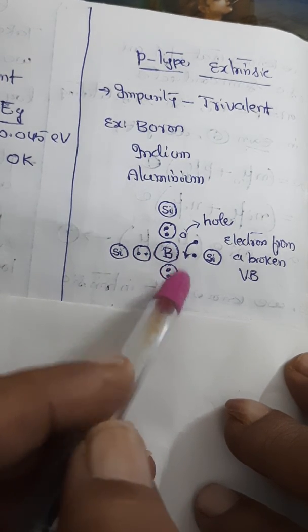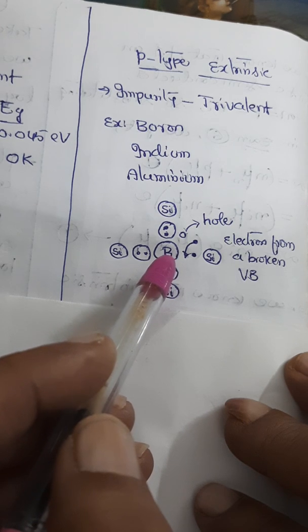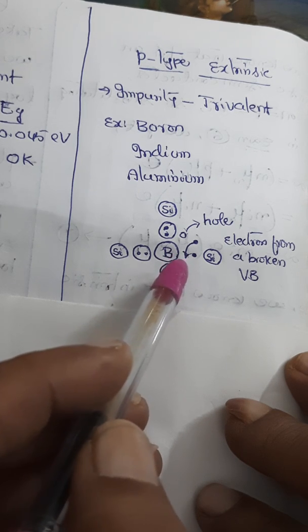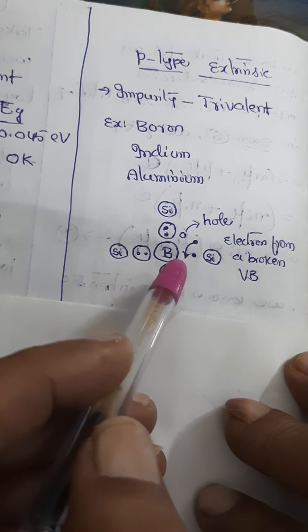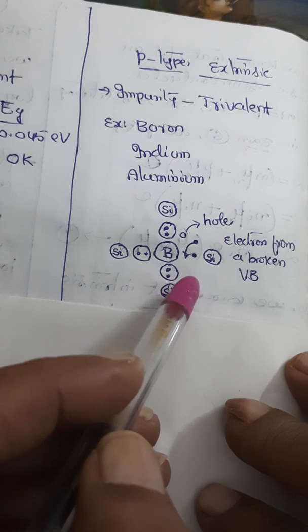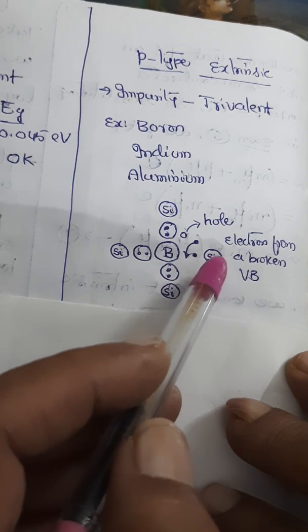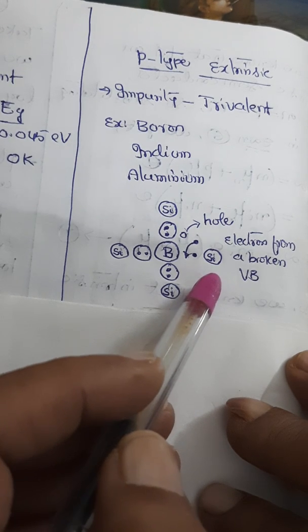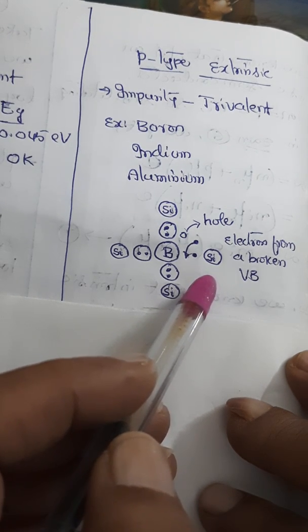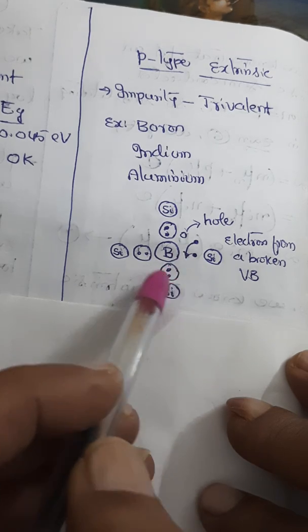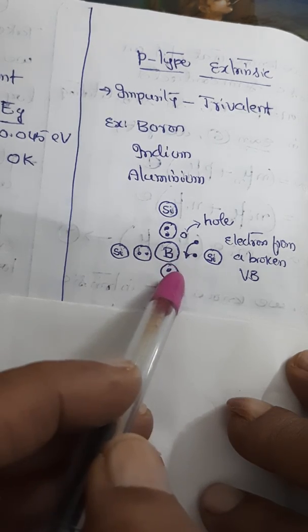Then the boron settles to one of the silicon atoms' positions. This boron will try to form 3 covalent bonds with the neighboring silicon atoms, and one bond is left over with the deficiency of an electron. That is, a hole is created at this position. Since boron is in a position to accept an electron, it acts as an acceptor. So therefore, correspondingly, we have an acceptor level near the valence band.